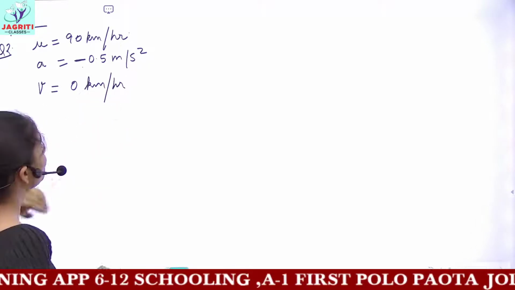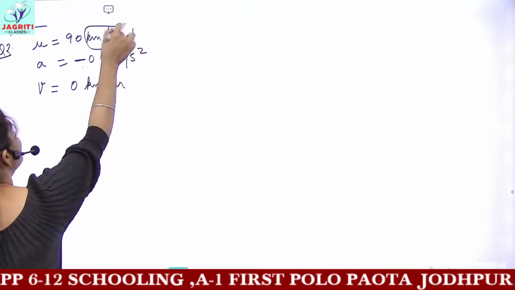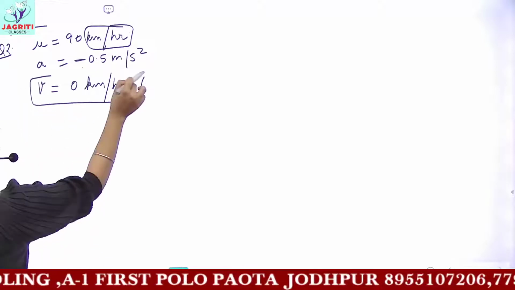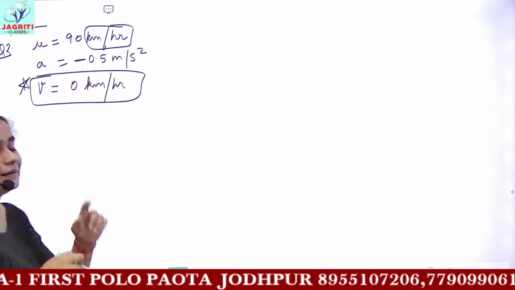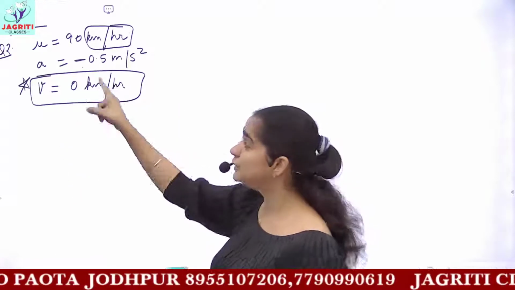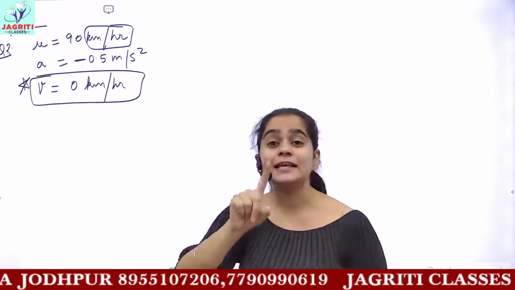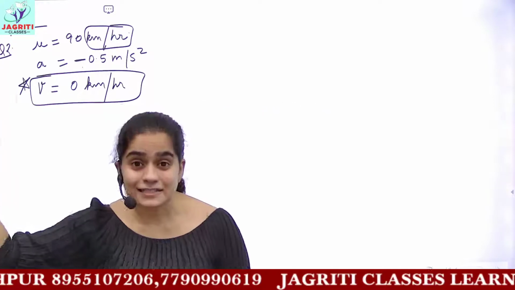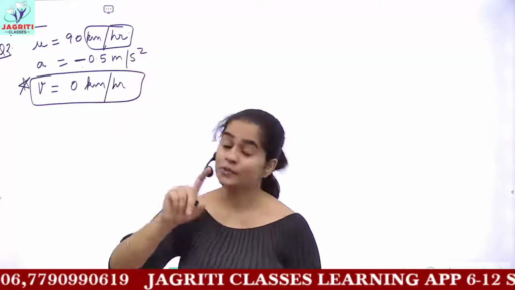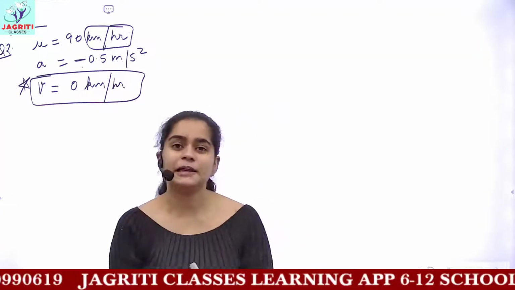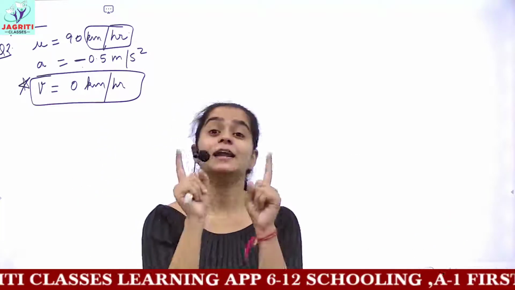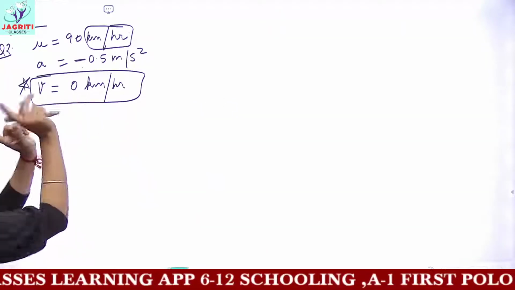Why am I using kilometer per hour here? Because the given unit of initial velocity is also the same. And this is a very important term, because it is not written that the final velocity of the train becomes 0. But you have to infer and conclude this point from the question itself. Like if you are given the object is starting from rest, as we did in the previous question, it means that initial velocity would be 0. In this question, you are given brakes are applied. Whenever brakes are applied, you know the object would definitely stop. And if the object stops, its final velocity would be 0.